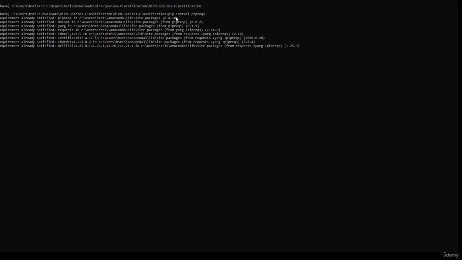To run this command, you should have pipreqs installed on your system, and if it is not installed, you can install it using pip install pipreqs. This will install pipreqs on your system. As it is already installed on my system, it is showing requirement already satisfied.